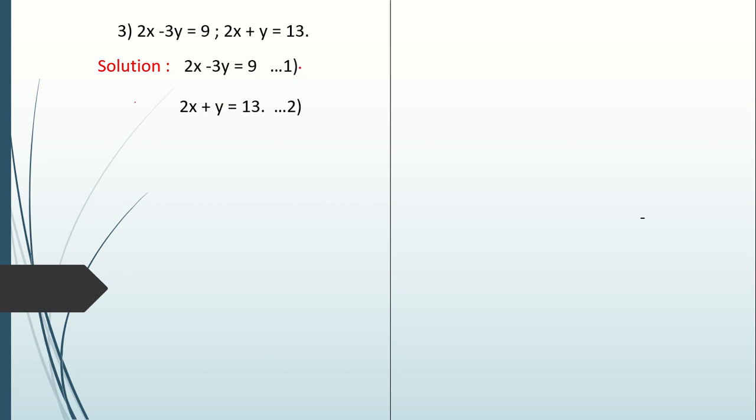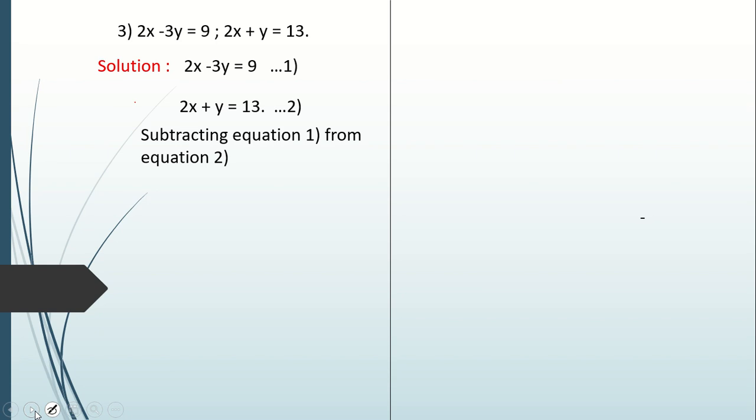So we will say subtracting equation number 1 from 2. You can do 2 from 1 also, it is okay. But if you do 2 from 1, then you will get 9 minus 13, so a minus sign will come, right? You are subtracting a bigger number from the smaller number, so a negative answer will come. And generally we don't like negative numbers. So we will prefer subtracting equation number 1 from 2. Okay, that is better.